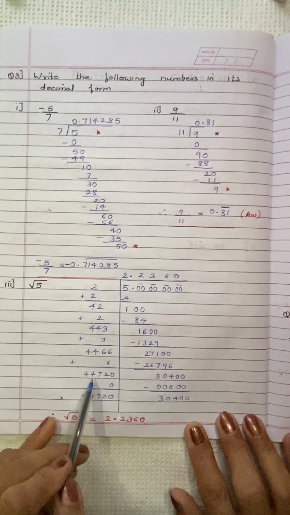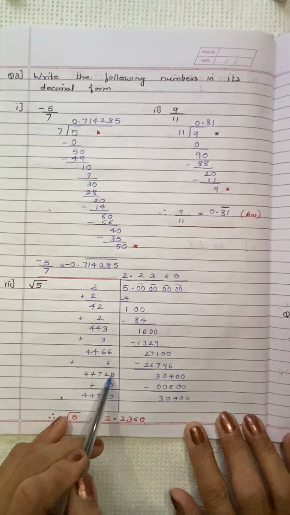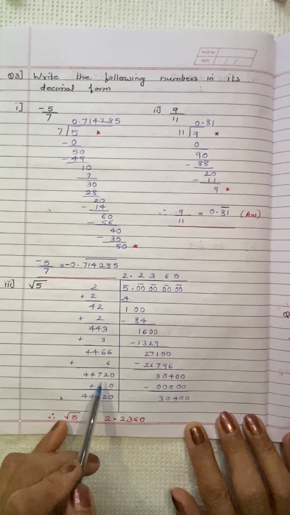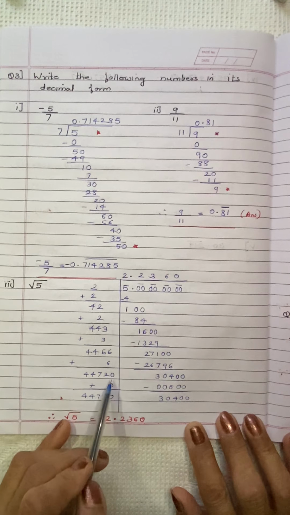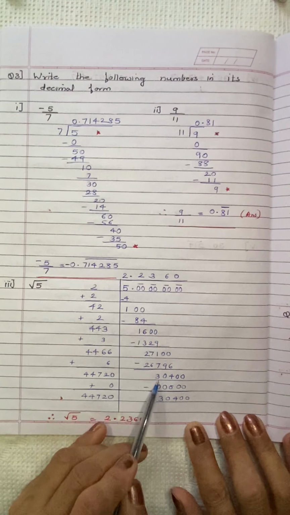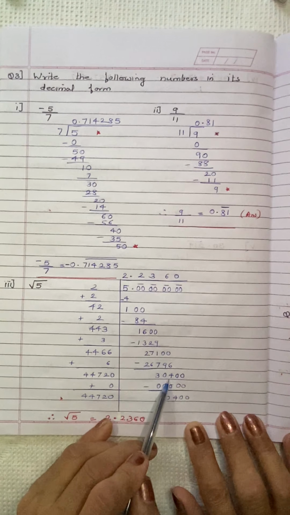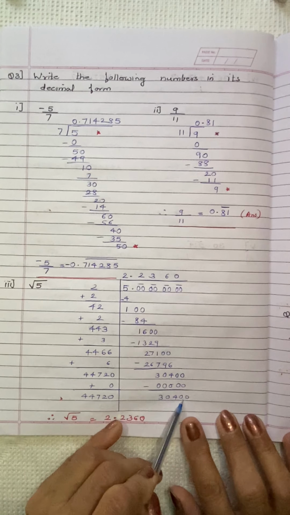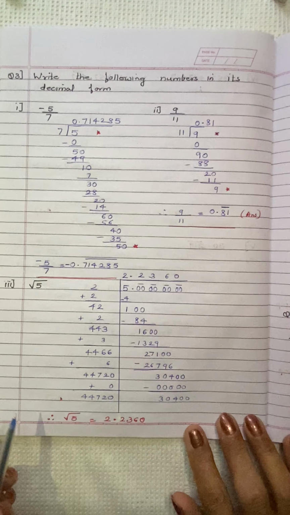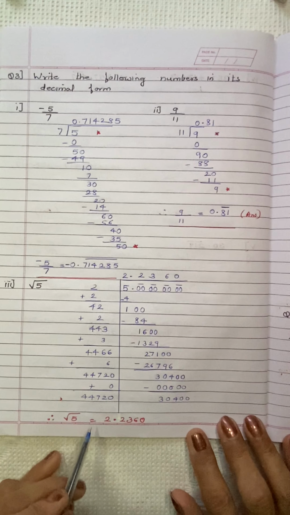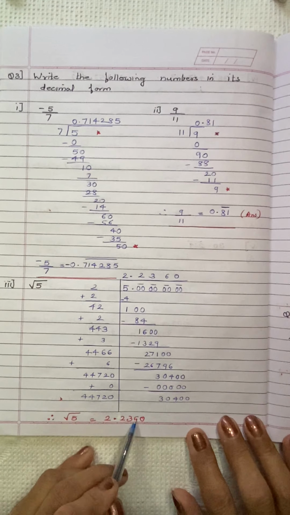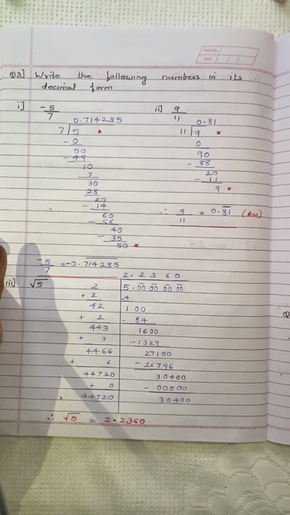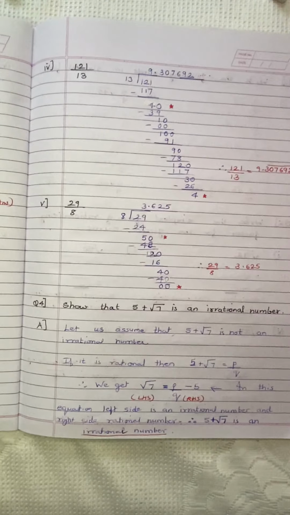it becomes 4472, and we'll take zeros because this will be the last calculation. We will not get bigger than, if we take ones, that will be bigger than 30400, so we'll take zeros to stop the division over here. So 304 is the remainder. Now therefore root 5 is equal to 2.2360. Sub question 4.